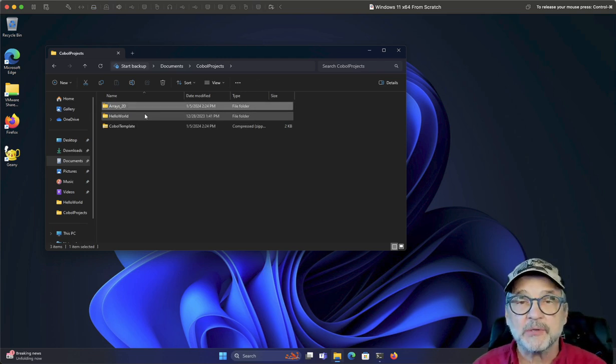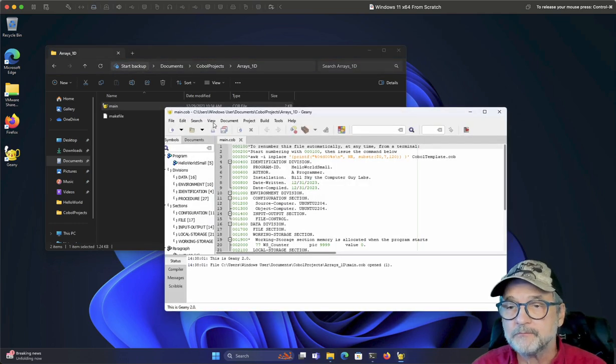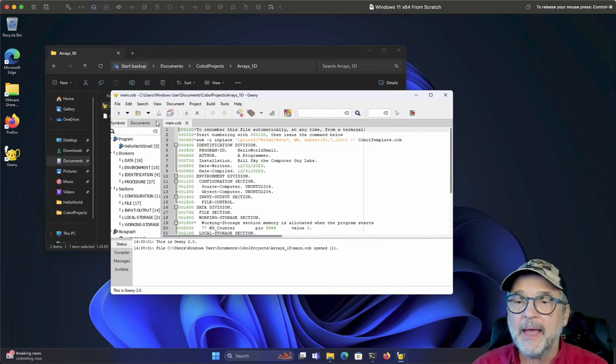2D for two-dimensional arrays. Now this is a one-dimensional array, so we're going to talk about one-dimensional arrays first, and then we're going to talk about two-dimensional arrays right after that. So let's go into that, and I have the Geany editor installed, and we can start messing around with our code. So let's create a very simple